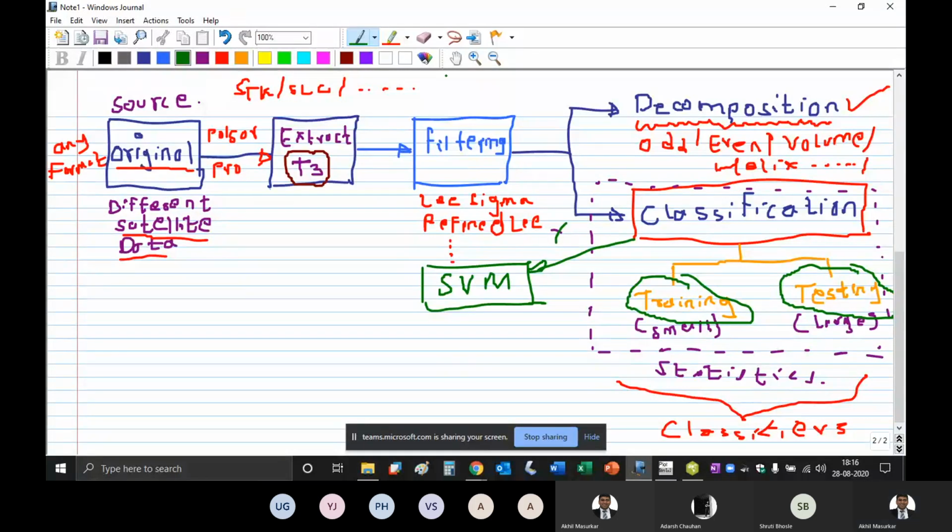Here in this step, when we extract, we will extract only part of an SAR image. That means we will take a sub image.